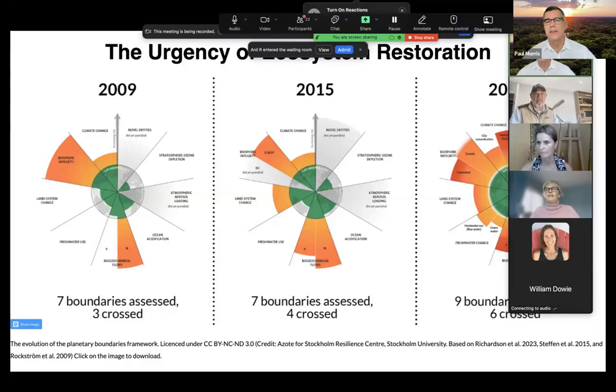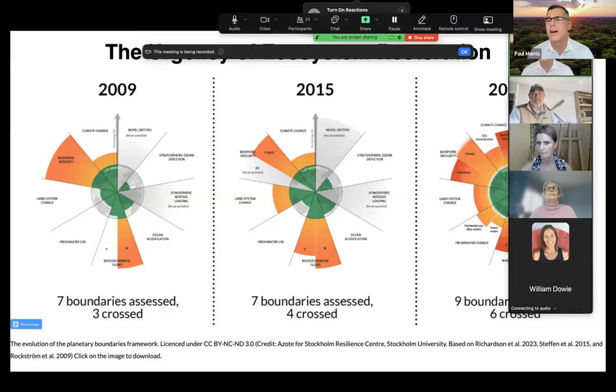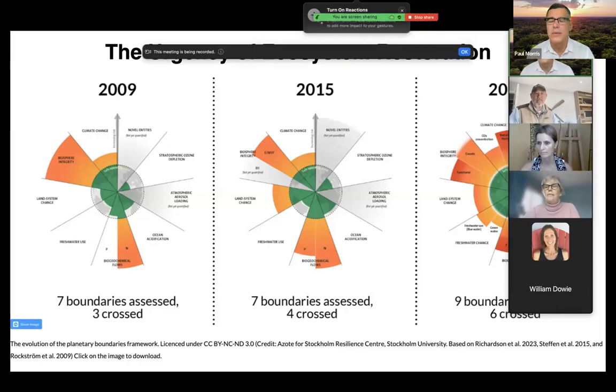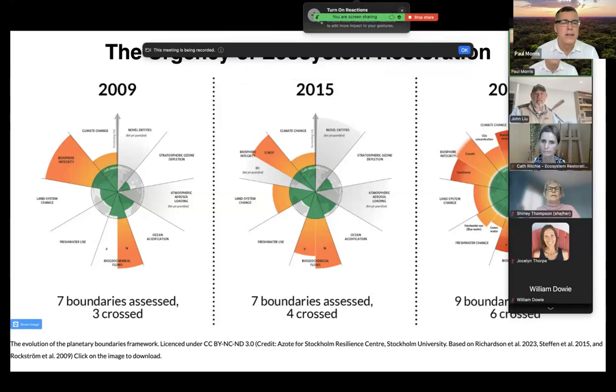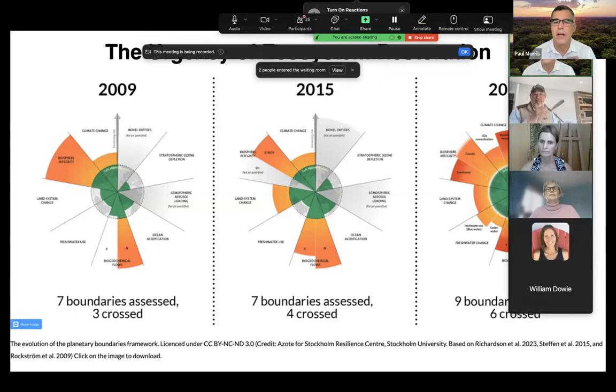And so I just want to start and give a context of where we're trying to go and why we're trying to do this. The planetary boundaries is something that's evolving and coming out again and again, showing us that more and more of our ecosystem boundaries are being passed. You can see the green circle in the middle, and that is basically our planetary boundaries. And then you can see all these orange areas around the outside: climate change,